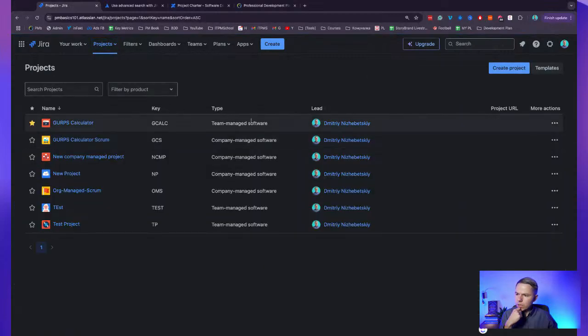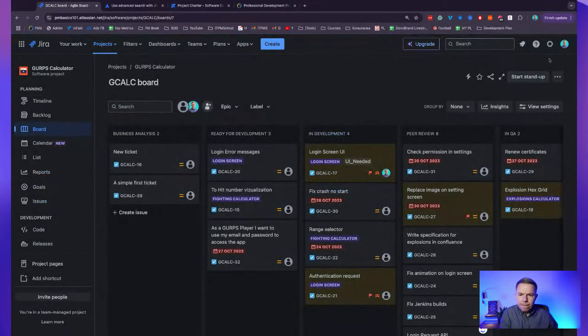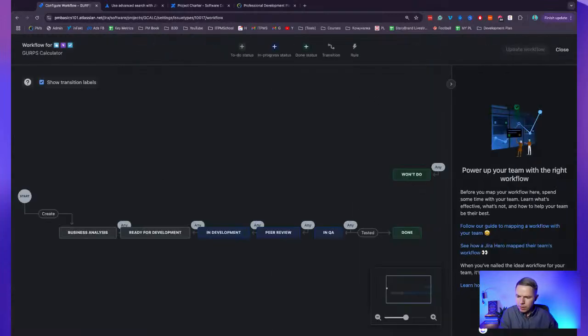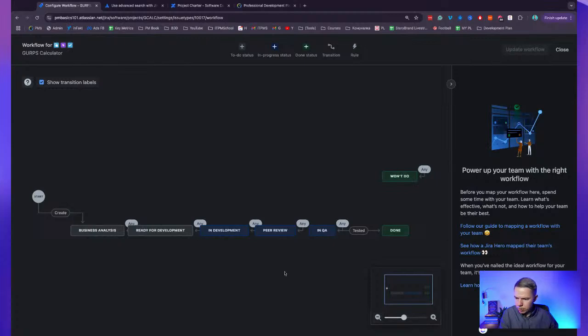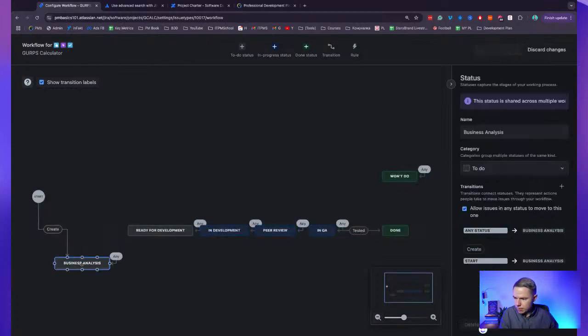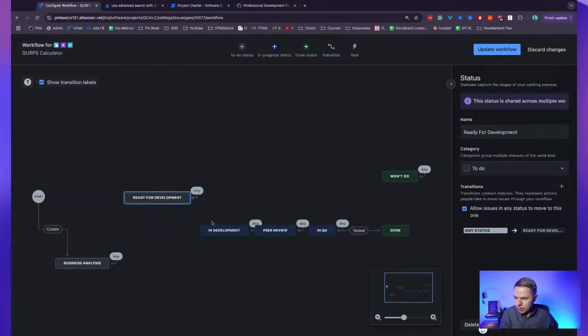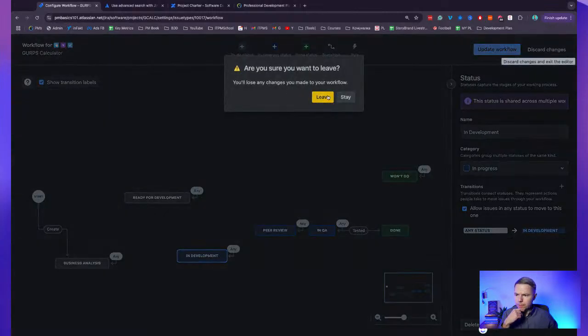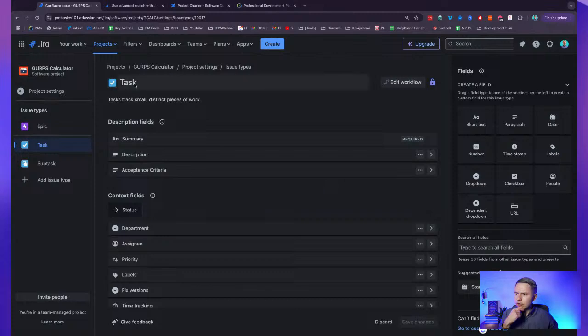All right, where it is, for example, this one. And let me see. Yeah, we can manage workflows. And workflows in Jira look like these diagrams with the connected or disconnected fields. And workflow is basically the representation of statuses in Jira. So let me just go back and show you